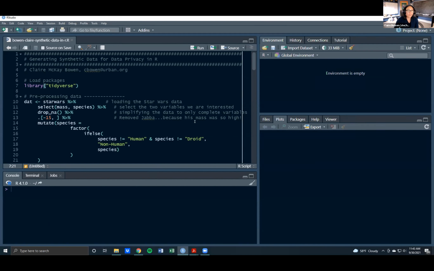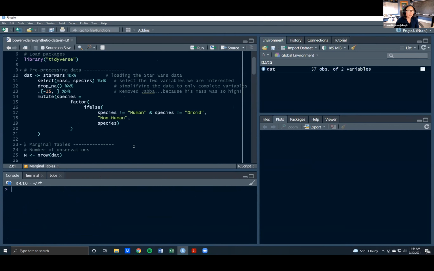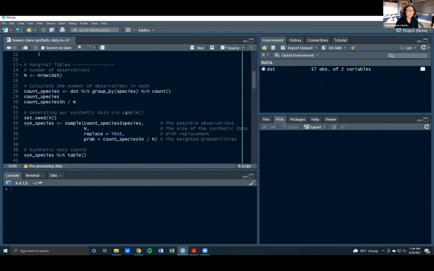The example I like to give is that we use a Star Wars data set because I'm a huge Star Wars fan. The only package that we're going to be using is the tidyverse because I like the pipes. I don't know if people like the structure of that, but I do. We're going to take the Star Wars data set. I made some alterations to make it an easier data set because again, this is an introduction and I don't want people to deal with really weird variables. I noted to remove Jabba because his mass is so high and it skews the data. So we remove Jabba from the data set.